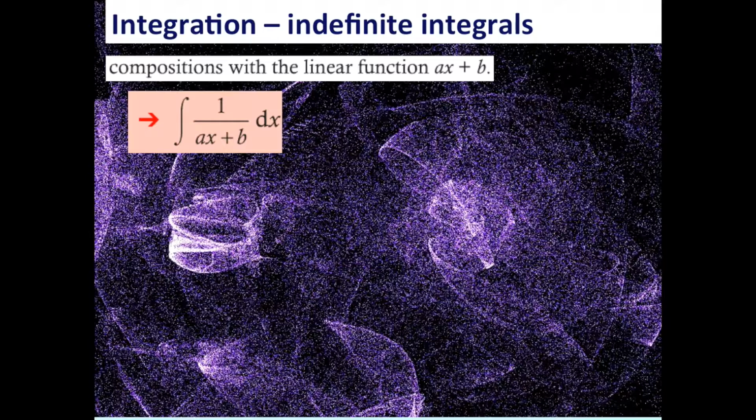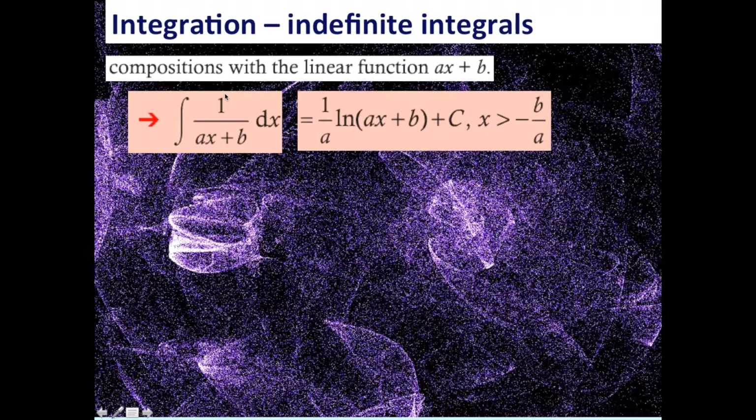Okay, so the next one here, we've got 1 over ax plus b, and hopefully you can make some links with what we did at the start of this presentation. If we had 1 over x, the integral of 1 over x would be ln x. So that's where this comes from, ln ax plus b. But again, using the chain rule, if we found the derivative here, we would be multiplying through by a. So we'd have a ln ax plus b. We don't want that, we just want here 1 over ax plus b,